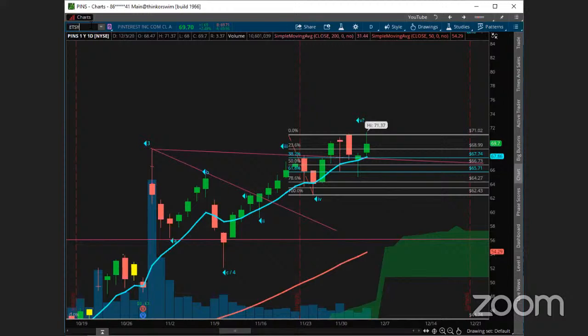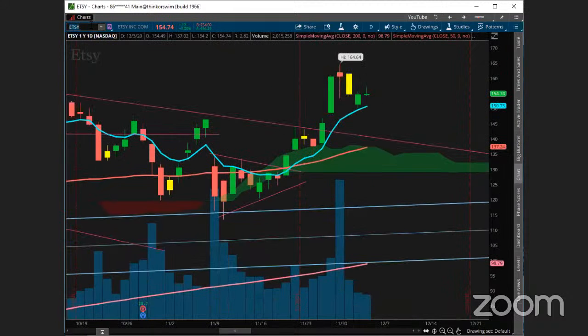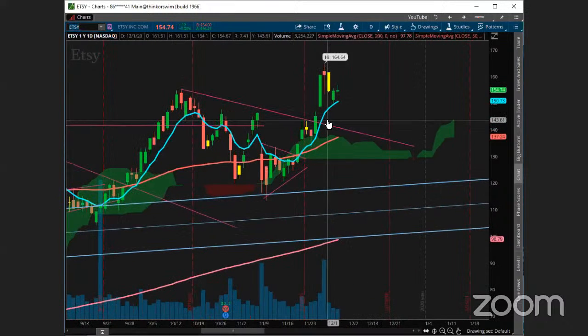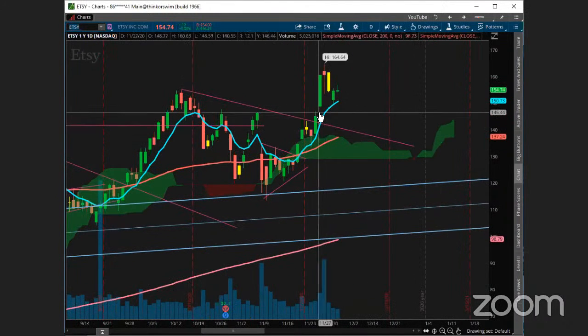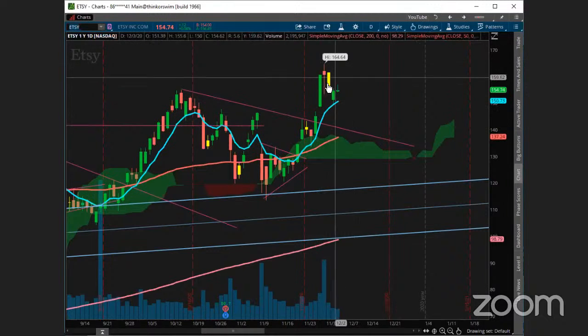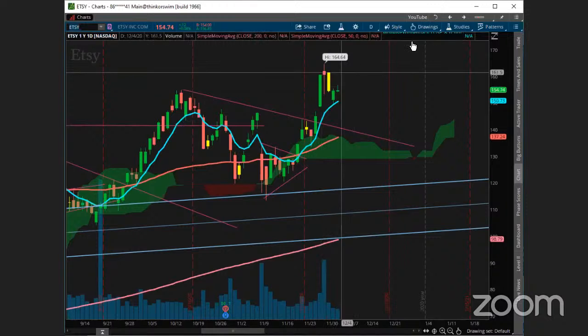And then Etsy, let's take a look. Etsy is kind of similar, right? So Etsy, again, it gave a nice breakout right here. Now this was interesting, right? So it started to break out right here. This is the day that we want to try to get in, right, at the lows, on relative strength, say like a 15-minute breakout. So this was back on the 27th.